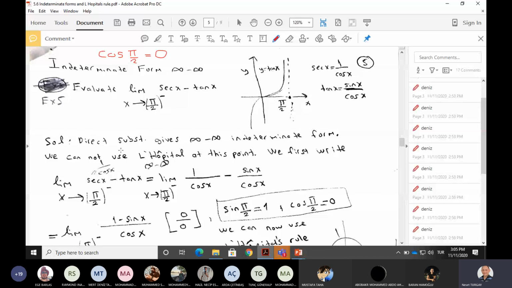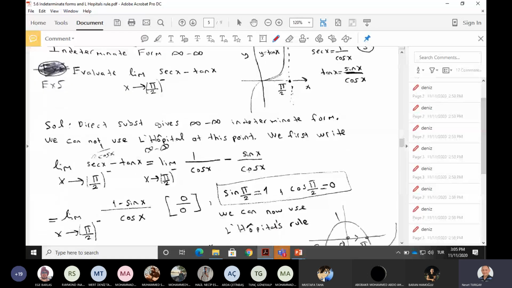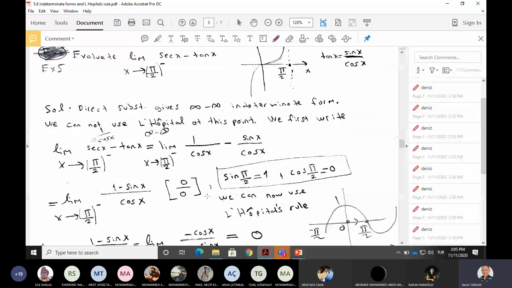If you specifically have these trigonometric functions in the question, what you can do is try to rewrite this. Try to see if this has a fractional format. Secant x has a form like 1 over cos, tan has the form sin x over cos. So instead of this, I just write what they are. I didn't do anything, I just rewrote this. Now I'm just doing this calculation. We have a common denominator, so this is equal to this one. Now this gives us